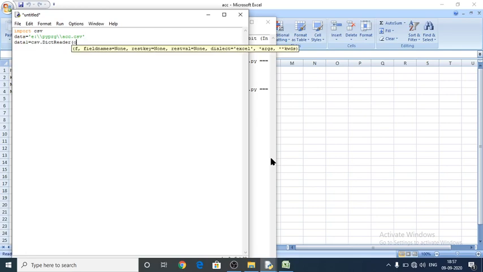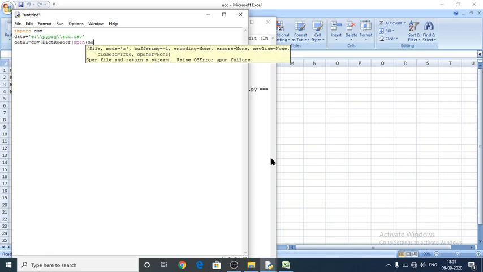And next one I have to give open, and I have to give the variable name data here. Instead of giving the E colon path and file name, it is enough to give the variable name alone here. And here I have to specify the mode of my file. Read mode only I am going to use here.